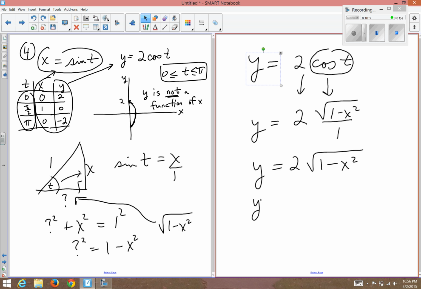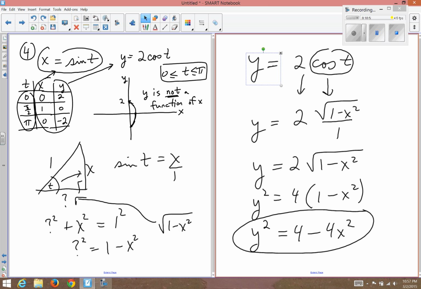Like you can square both sides. You can distribute the 4. So I'm going to give this as my answer. Y squared equals 4 minus 4x squared is an equation that relates x and y directly. Parameter eliminated. There's no t at all. This, by the way, is the equation of an ellipse, where this curve is one side of the ellipse. All ellipses are